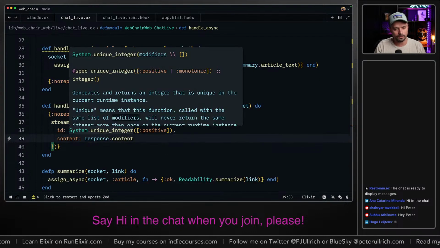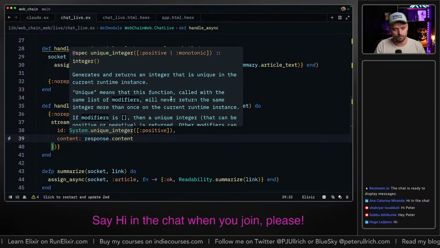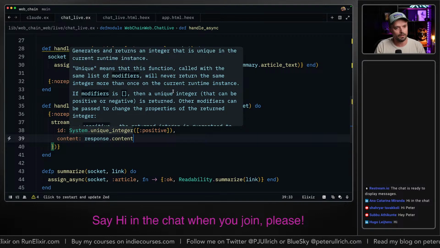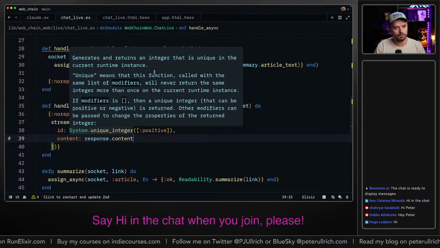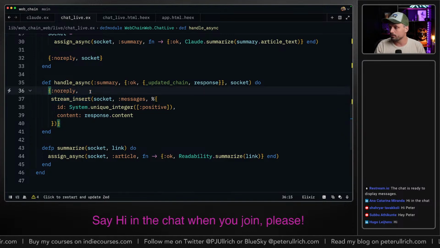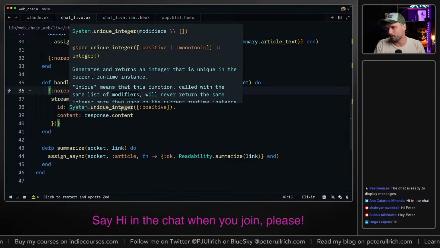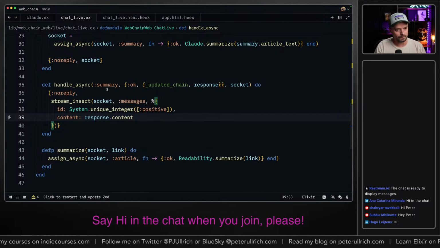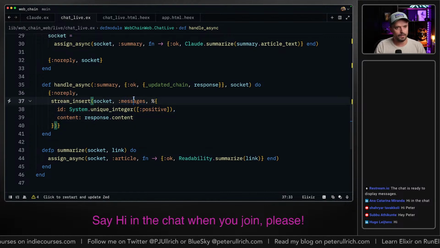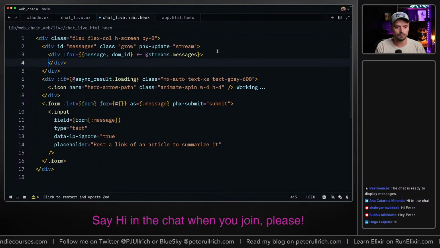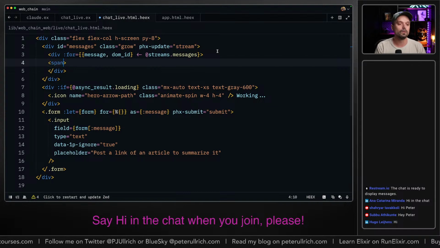I'm not entirely sure if you would blow up your machine if you had this running with a lot of messages. But for now it works. And if you have a lot of messages to handle, maybe reconsider this. But then you probably would store it in the database, and then you would get an ID from the database.